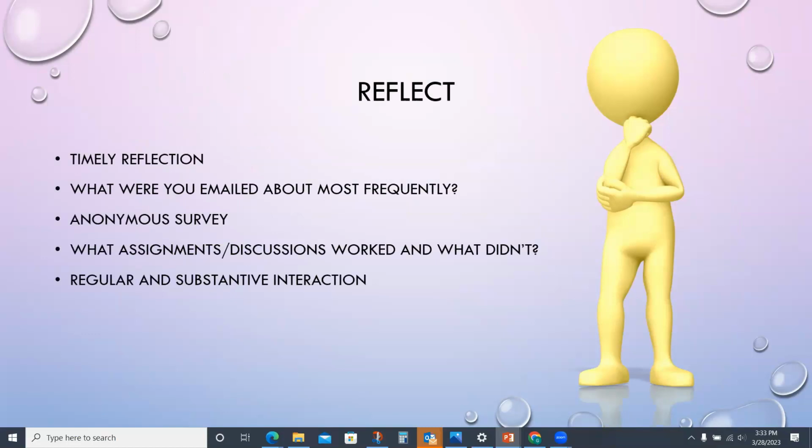So we're going to start with reflecting on your course. The best time to do this is ideally throughout the semester, making notes to yourself or jotting down ideas of what things are working and what aren't, and what you might want to change going forward. But it's definitely the sooner the better, because we all know things that we think we won't forget, if we wait a month or two over the summer, by the fall it's probably not fresh in our minds anymore. So do it more quickly, or as the course is going on.